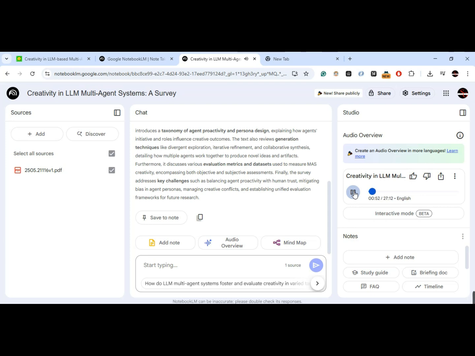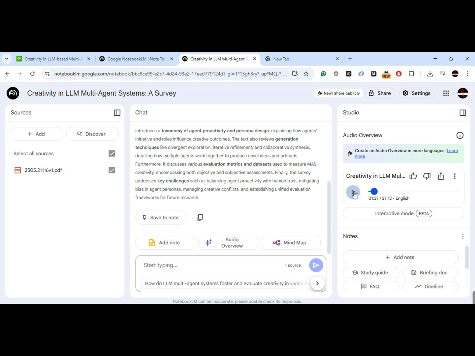Yeah, our mission today is really to unpack that survey, pull out the key findings, the kind of surprising bits, and give you a clearer view of where this is all heading. It's moving fast. Absolutely, because honestly, this isn't just some abstract AI research topic. This could actually shift how you work, how you brainstorm, how you tackle complex creative problems. It feels like a potential move from, say, using AI as just a tool to maybe collaborating with a whole digital team. Yeah. So, let's dive in. Let's do it. Okay, so to get us started, when this paper mentions multi-agent systems for creativity, See, guys, how